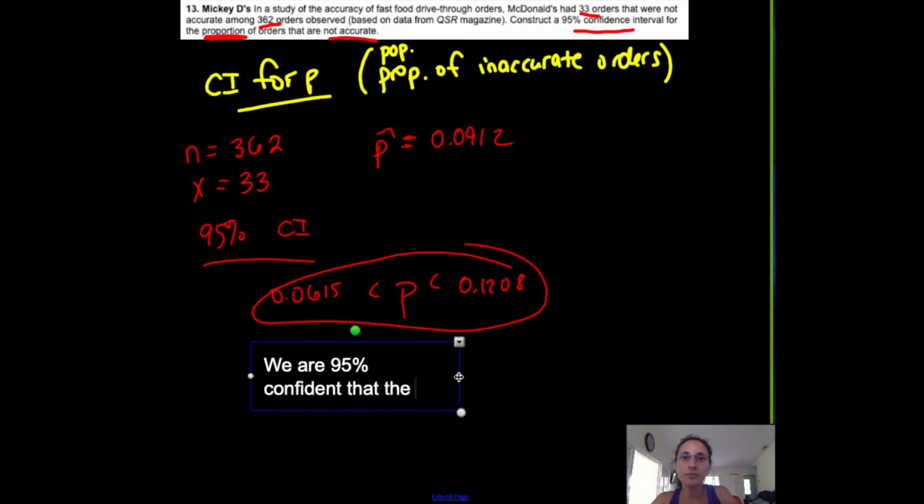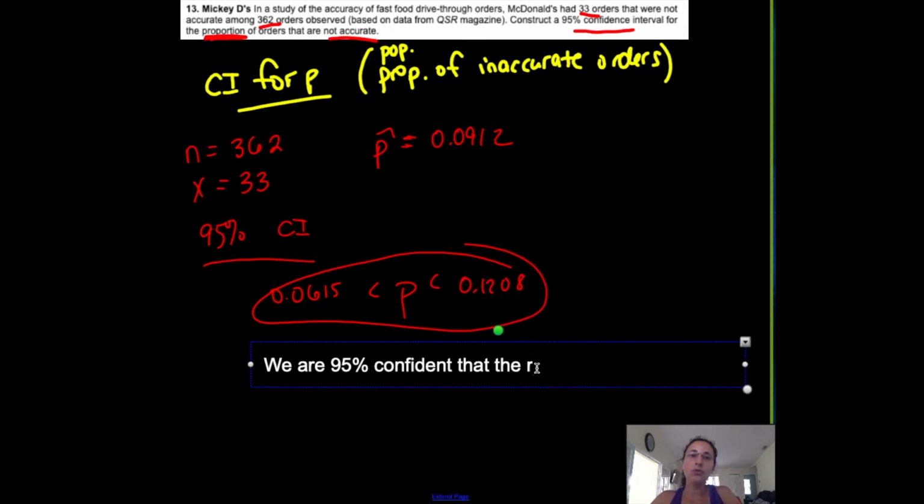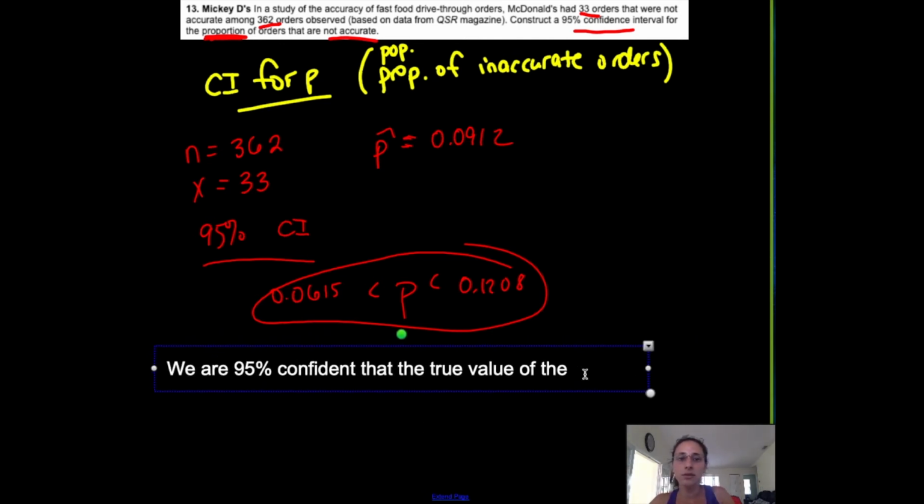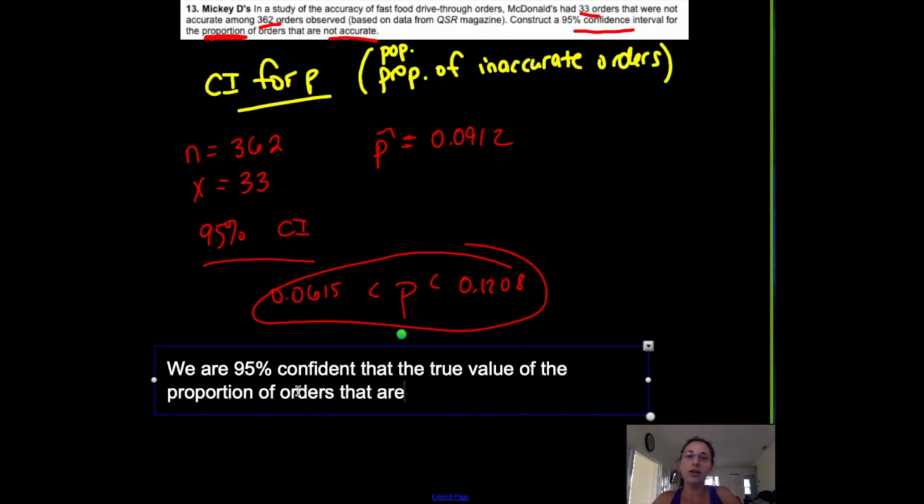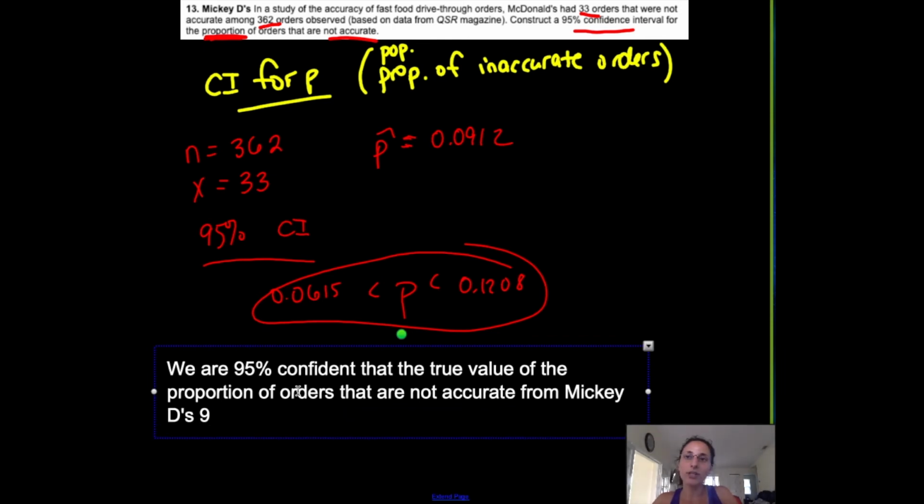That the true value of the proportion of orders that are not accurate from Mickey D's for the population